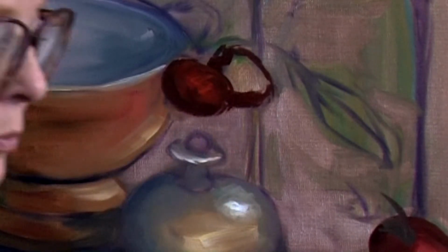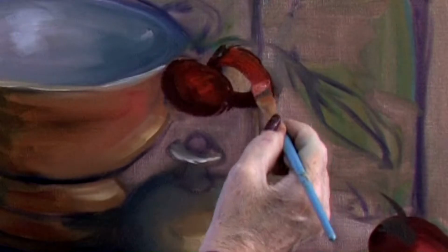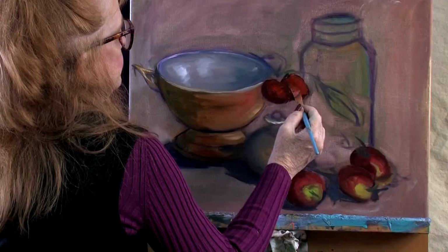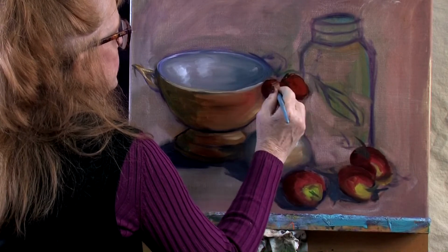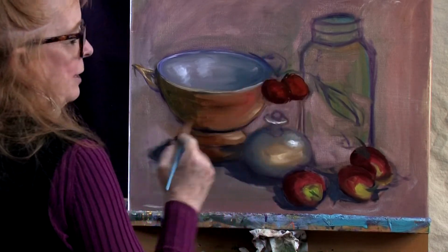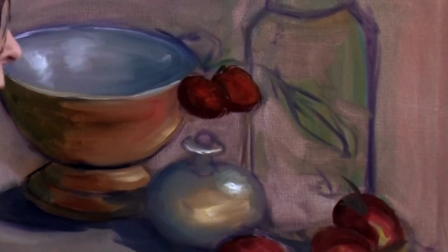put white with red, what do you get? Pink. We don't want pink. We want it kind of a light red, which often tends to lean towards the orange color. Isn't that pretty? All right, now I'm going to make a highlight or kind of a light part on